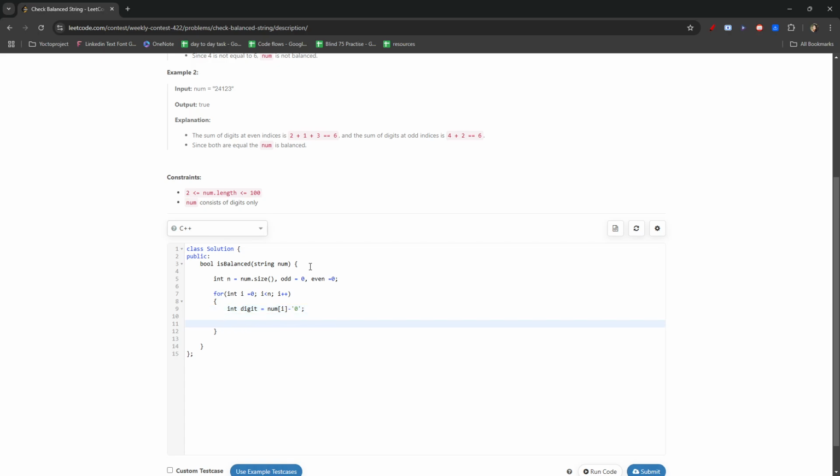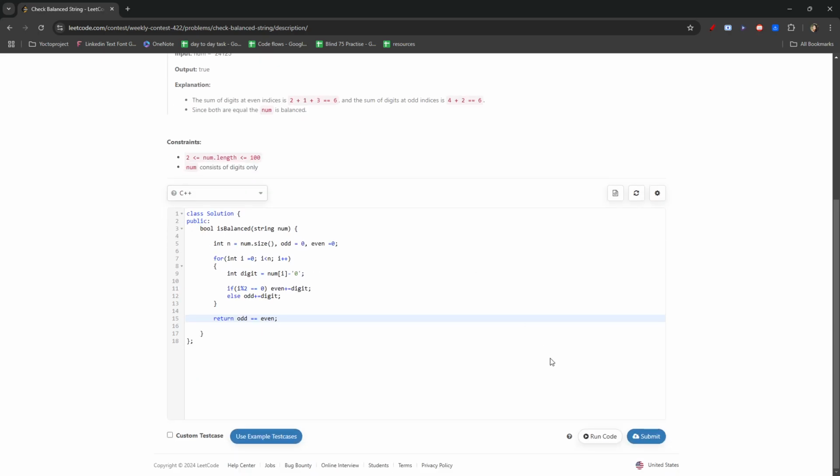And after doing this, we can now simply check our logic, that if that particular index is even, i modulo 2 equals 0, that simply means it is an even index, so we will just add whatever we have converted into even. Else it would be an odd index, so we will add it into odd, right? So this is all we will be doing for all the digits, and then at the end we will just return odd equals equals even. That is all. And then if we run the code,